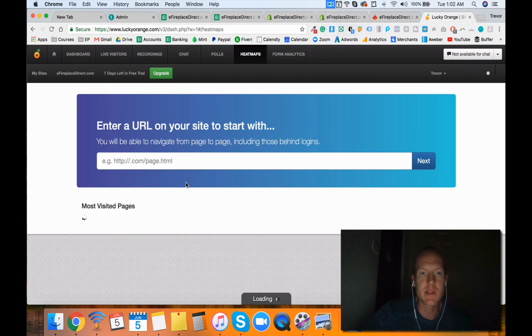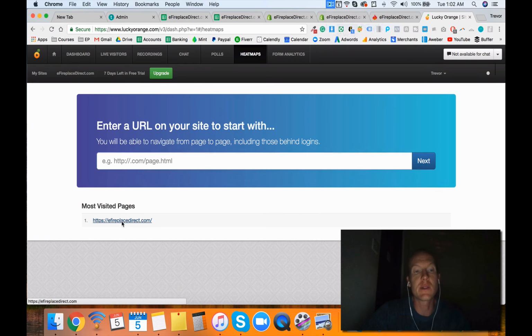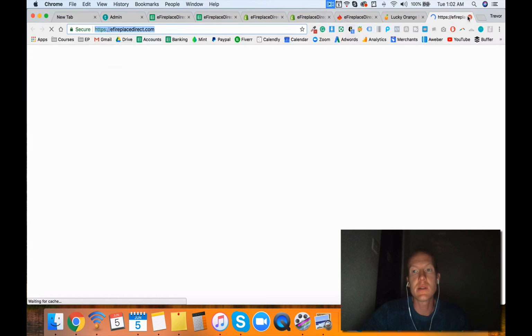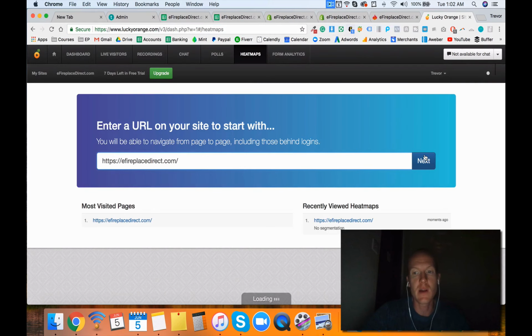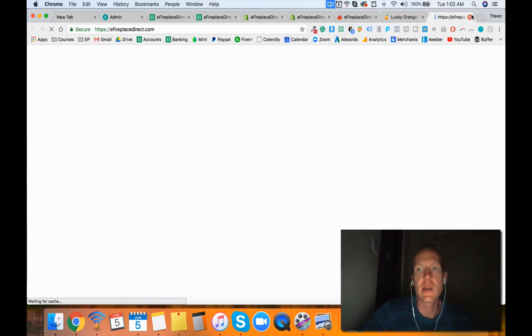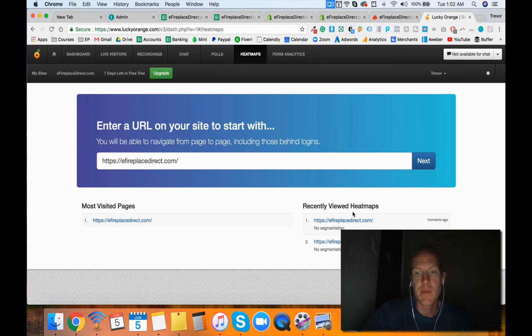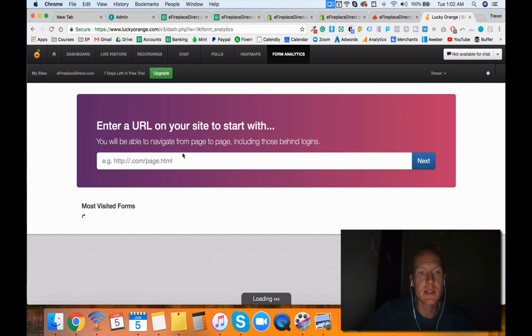Polls and heat maps are the last thing. So you can basically create a heat map for any page on your website. For instance, this one is our main page, so we can just start there. But in the future, we can create heat maps for other pages on the website. So that's pretty cool. And then form analytics, so you can take a look at the forms on your website, like your